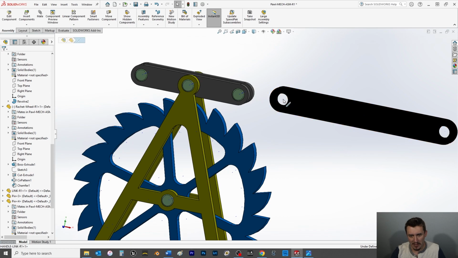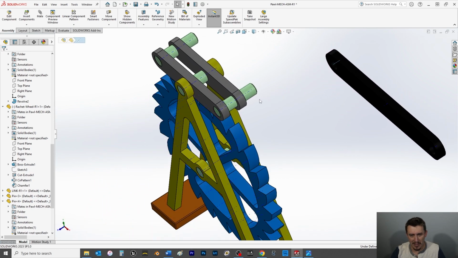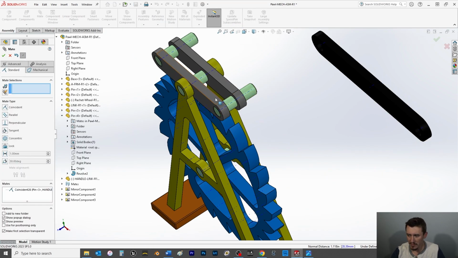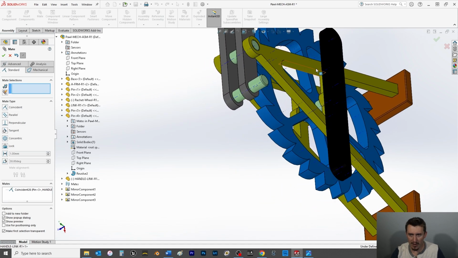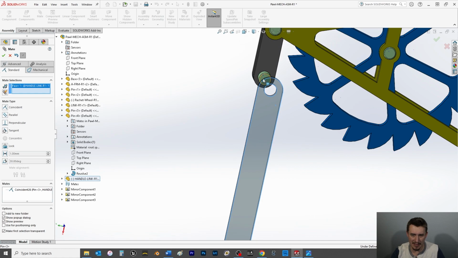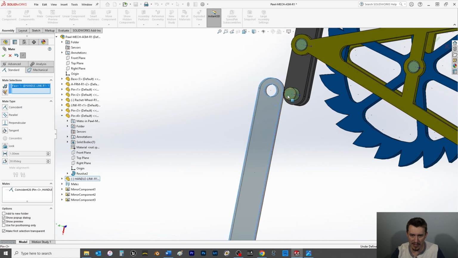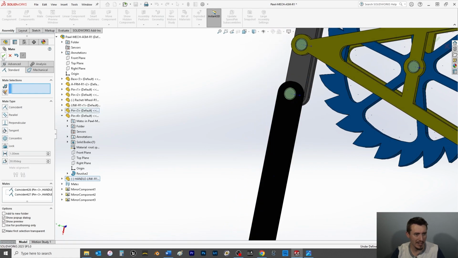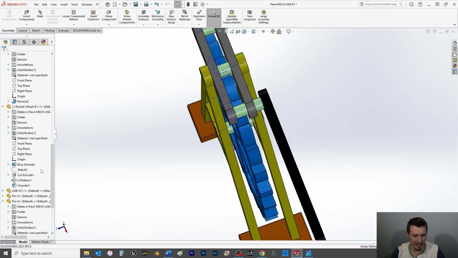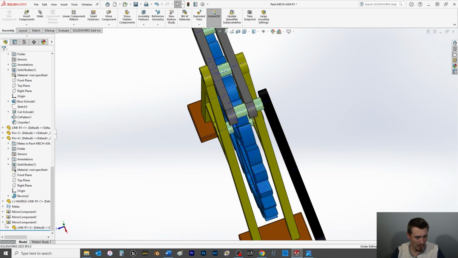And we're going to choose this center temporary axis and the pin. We'll mate that together. And then here I'm actually going to choose this back face and this face of this pin here. Mate it together. Now it doesn't show gaps, so actually we'll click OK. We're going to scroll all the way down here